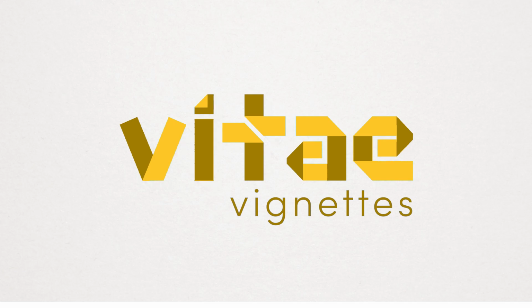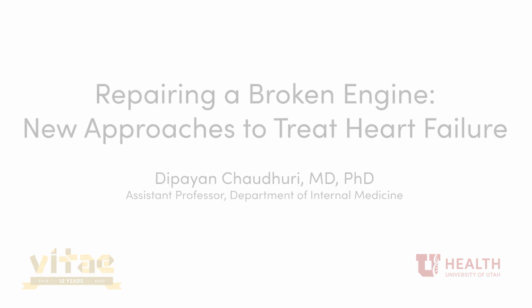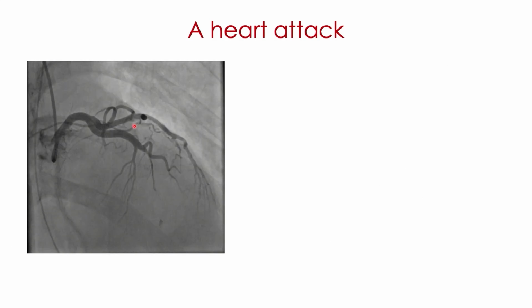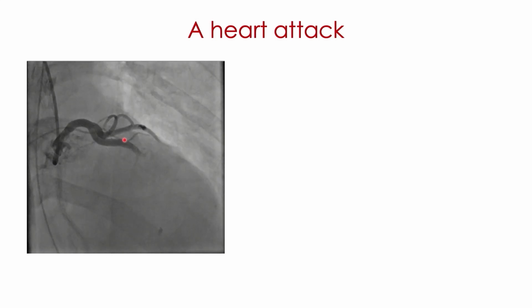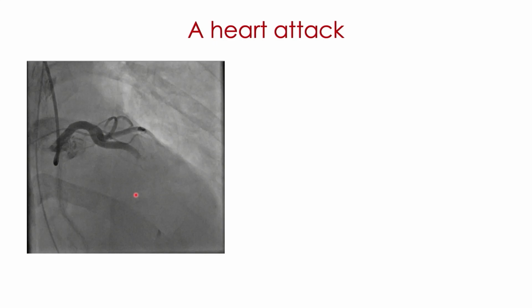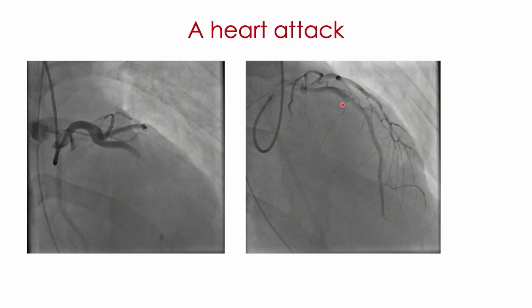So this is a cardiac catheterization, which is a series of live images that we take via X-ray. And you can see the heart's beating. You can see a catheter all the way on the left injecting contrast into the coronary tree. And right where that red dot is you can see a blockage. We can fix that by opening up that blockage and putting in a series of stents to restore blood flow